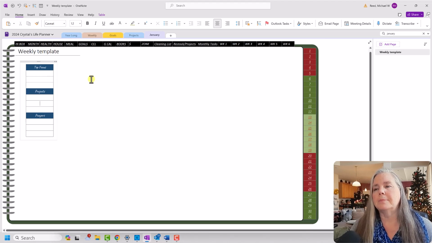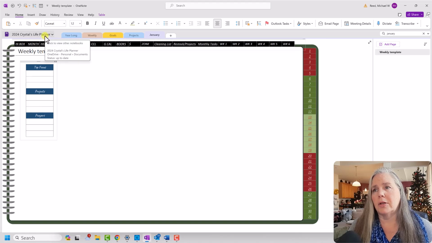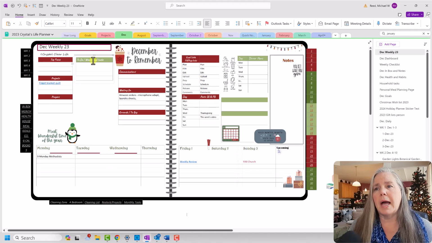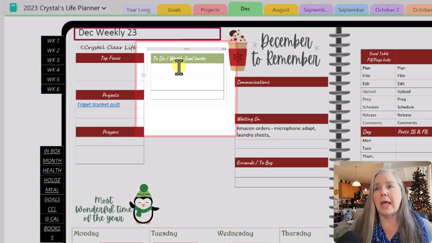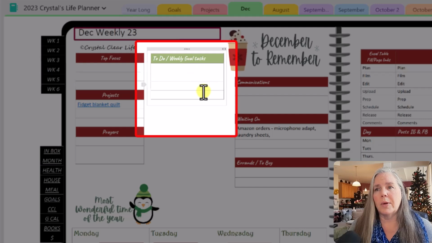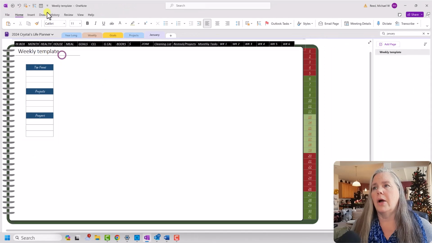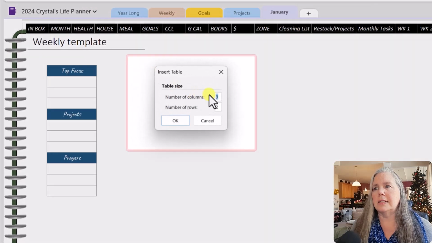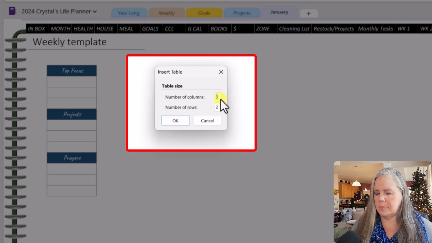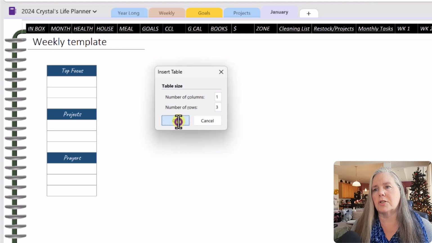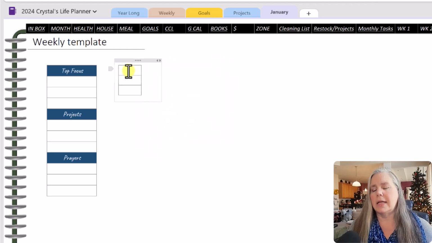Okay, all right. Now, the next thing on that December page, and let's go back and look at that, was my weekly to-dos. Okay, so again, you see that is a single column with multiple rows. So same process. Okay, so I'm going to go up here to table, insert a table. Let's do a single column, so 1, and let's do 3 rows there just to give us a place to get started. We'll say okay, and I can call this to-do list